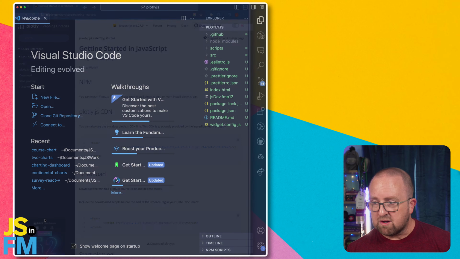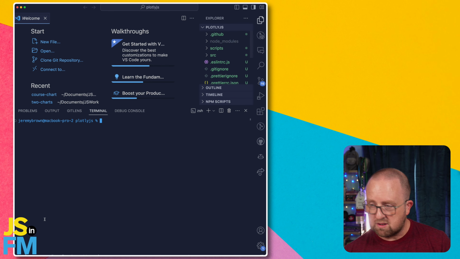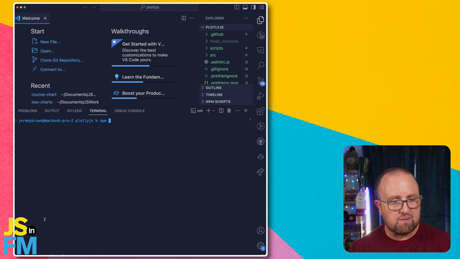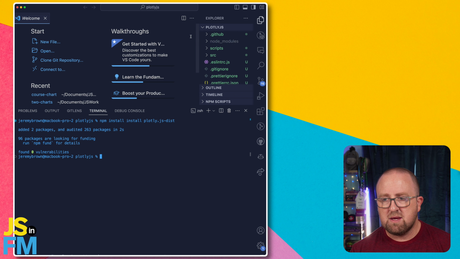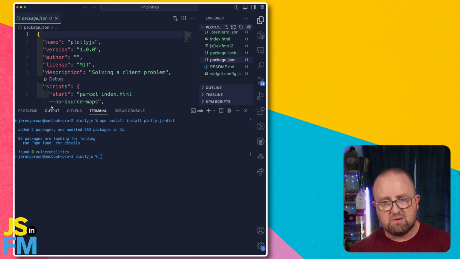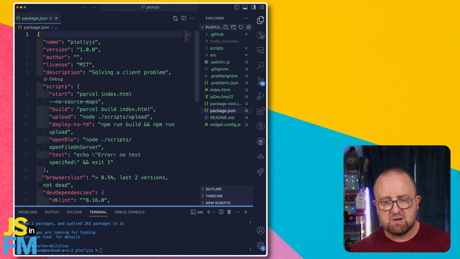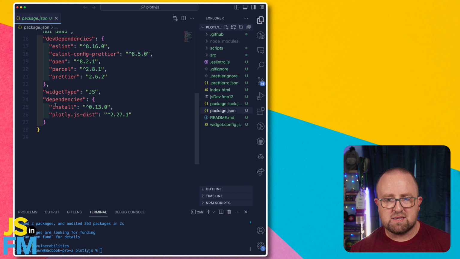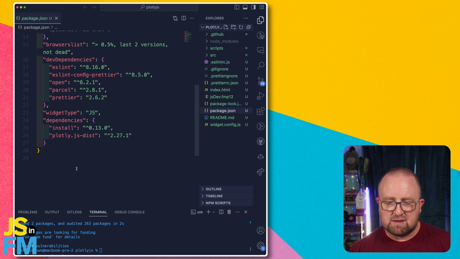So back over here in my code, I will open up the terminal again and type in npm. I'm just getting this straight from the website. npm install plotly.js/dist. All right, so I'll let that install, and that will show up then in my package.json file. Let's make this smaller. So now I have a dependencies section that has the